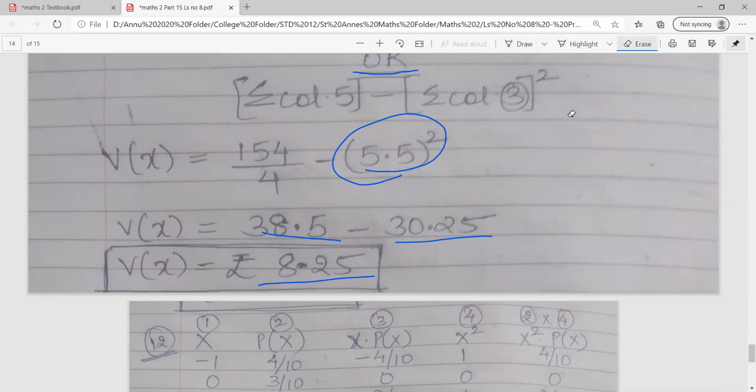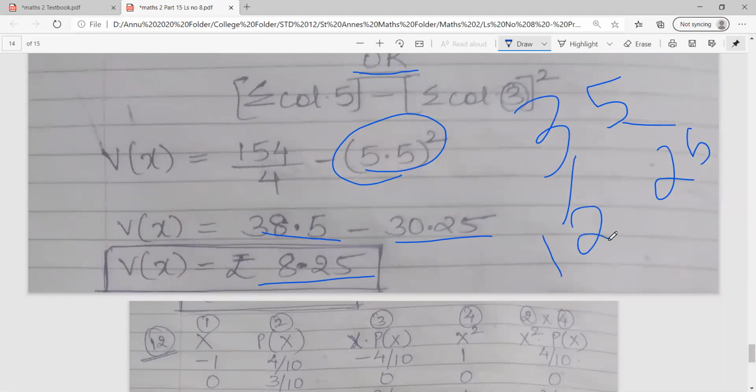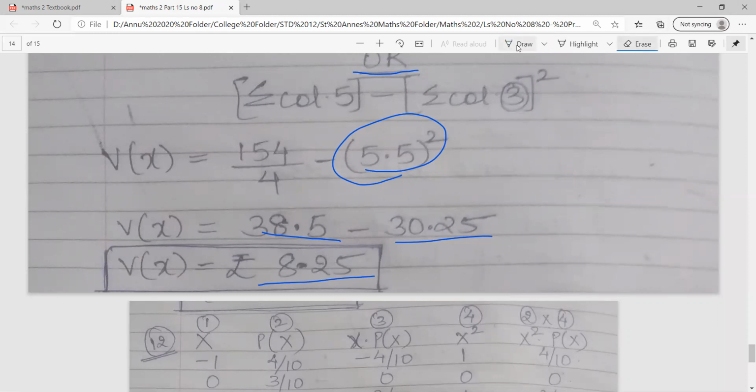Now for example, I'll show you the square of 35. So 35 square will be 5 5s are 25, so the last two digits are 25. The next number after 3 is 4. 3 4s are 12. So 35 square is 1225. You can check whether I have written the square of 5.5 right or not. So 5 square is 25. Put a decimal. The next number after 5 is 6. 5 6s are 30. So the answer is 30.25. Understood? This is a small and common trick. So if you remember, squaring of only the 5 series becomes easier.